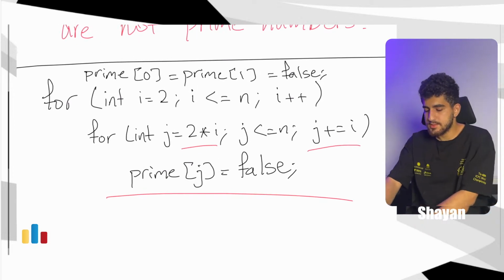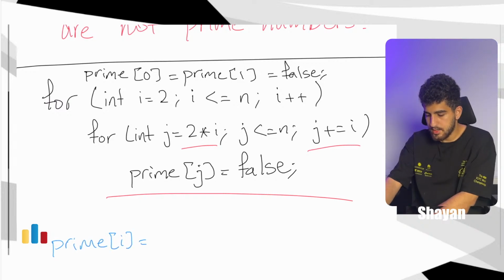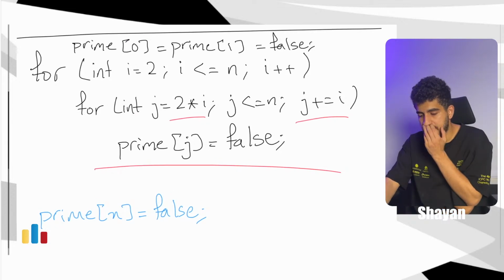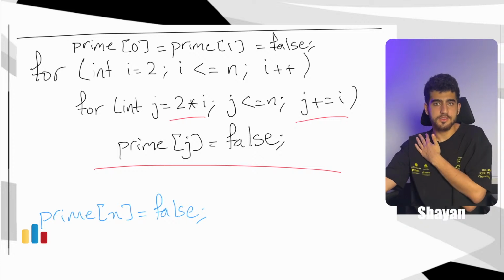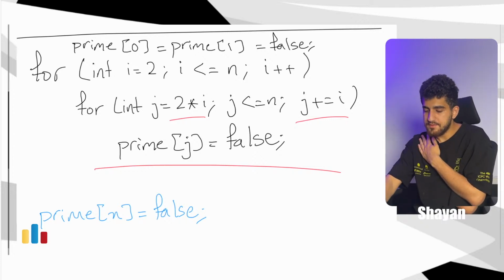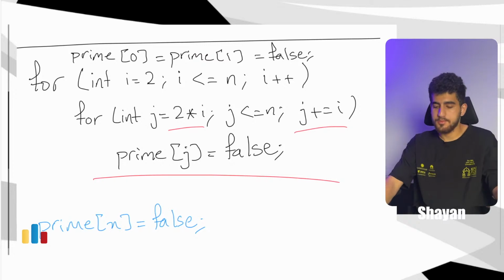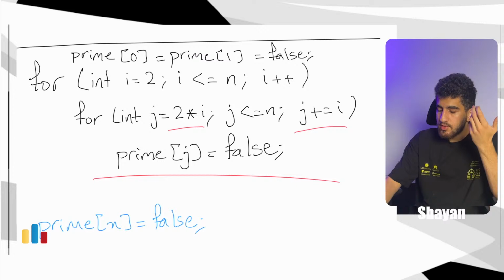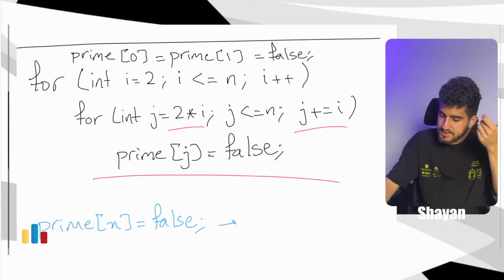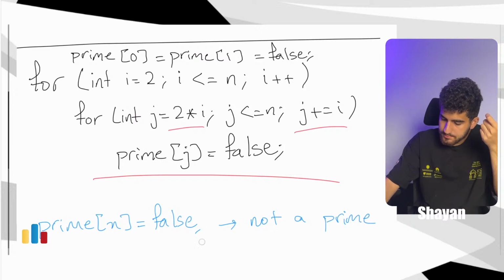Well, first of all, assume that prime of I is equal to false for some I. Prime of some x is equal to false. It means that something has made it false. For some number, we had a 4 and its multiples, and we made prime of I false. And we showed that if we make something false, it's really a multiple of some number greater than 1. So if it is false, it definitely is not a prime.